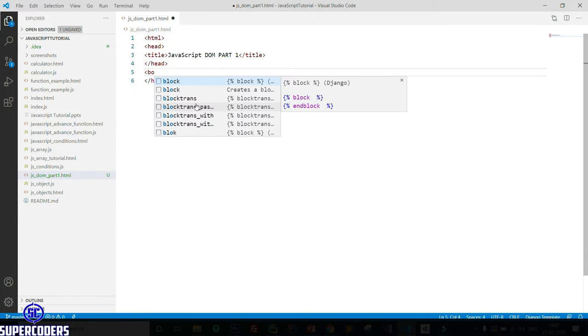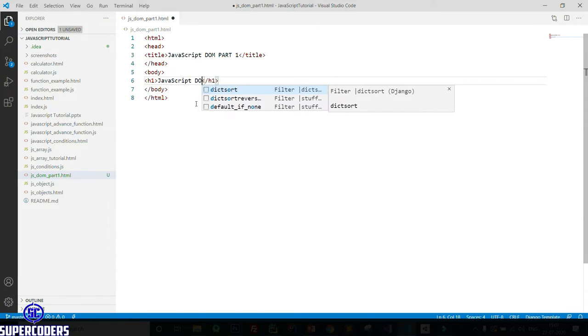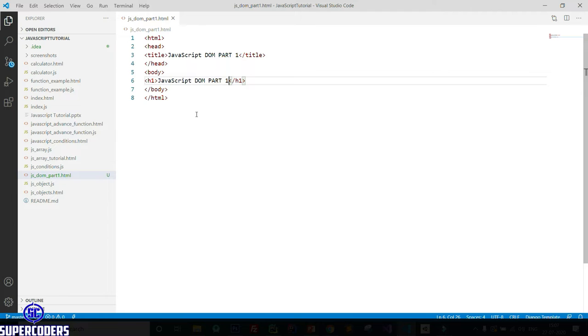Now adding body, then adding a simple heading text, so h1, JavaScript DOM part 1.